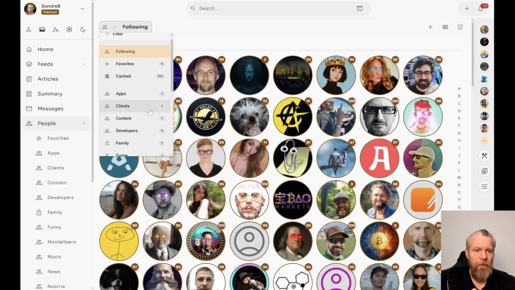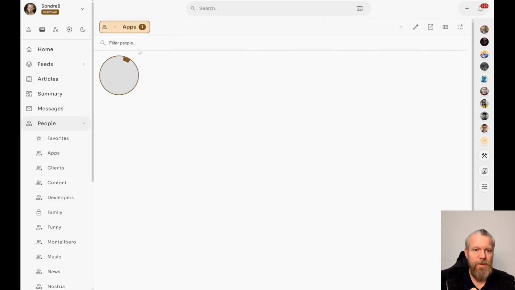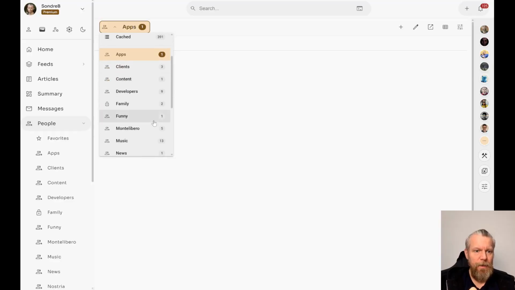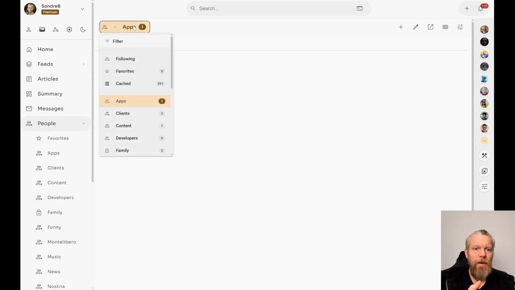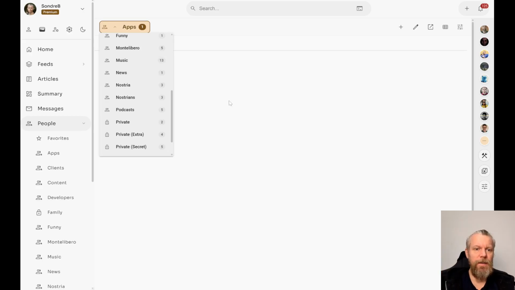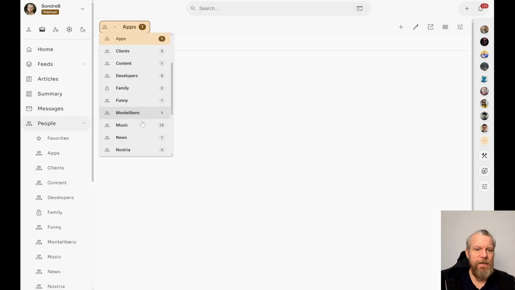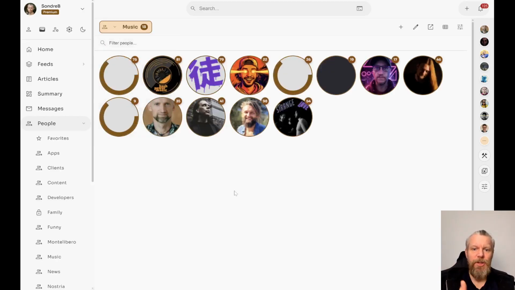I've also made one for apps. Made this yesterday, starting to build an apps list. As you can see, Nostria uses the outbox model, and to understand that, it means it goes to the users' relays to get their profiles, their events and everything. Sometimes it's a bit slower than a centralized setup where they have pre-cached everything for you. But when you use Nostria, it ends up doing the same thing. It just pre-caches, downloads everything locally, and then it becomes super performant. As in this example here, spending some time loading the profiles.